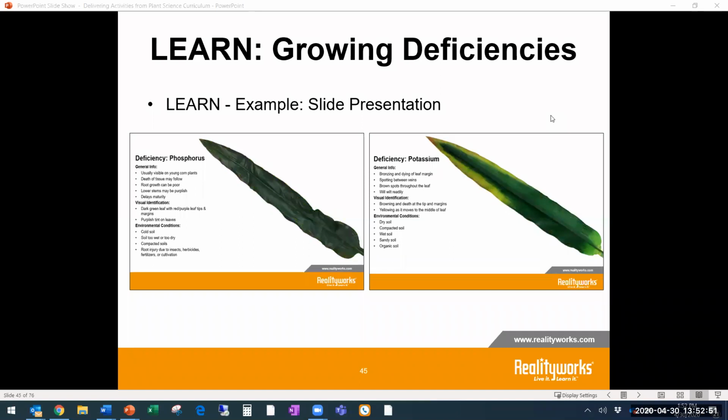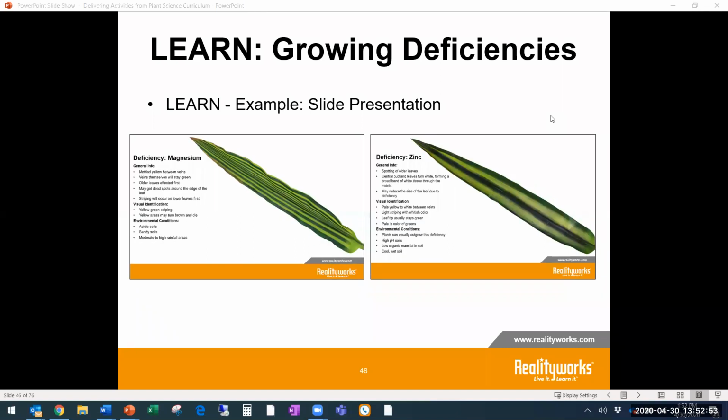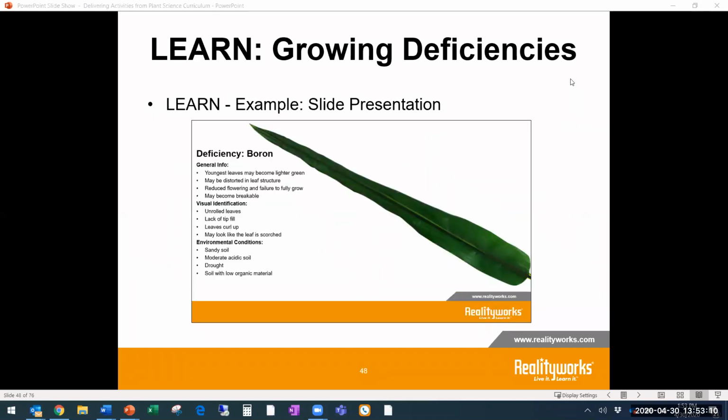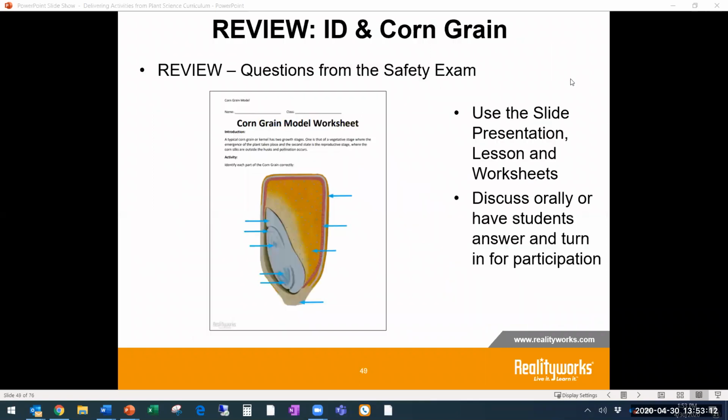So as you see these here, this is a great opportunity to share and get your students to have a really strong understanding. While they may not be able to go out to the field or do these things, they can learn them, so when the time comes that they get to go there at some point, they have a better understanding and knowledge of these different things. Again, these are all part of the curriculum that we are giving to you for free.